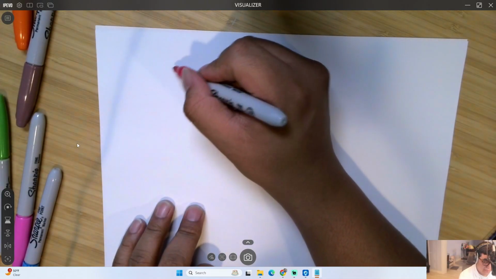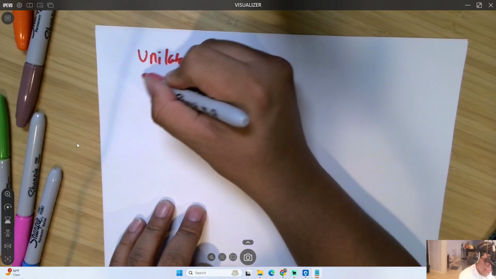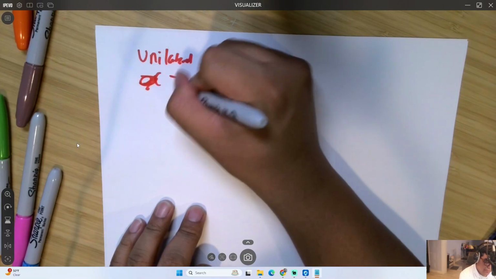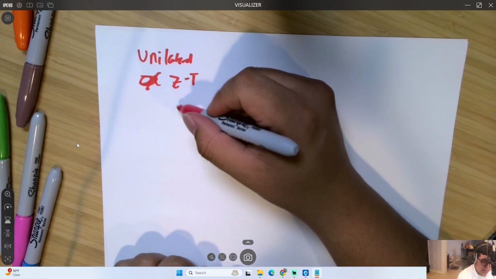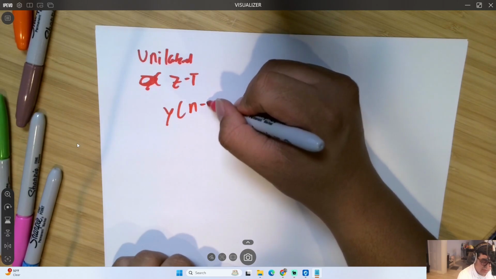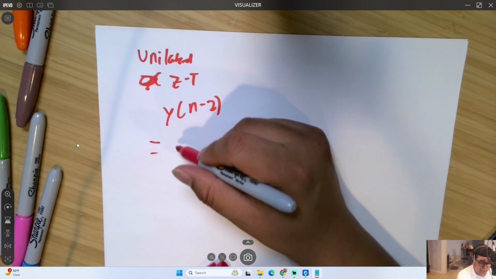Don't forget the unilateral Z transform, where if you had a condition, what was it? Y of n minus 2, right? You're going to have the following, where it gives you